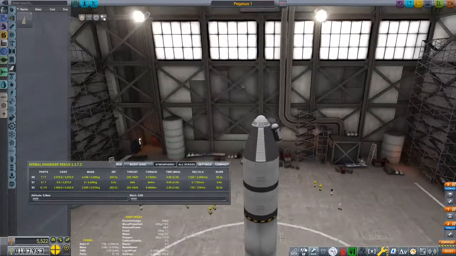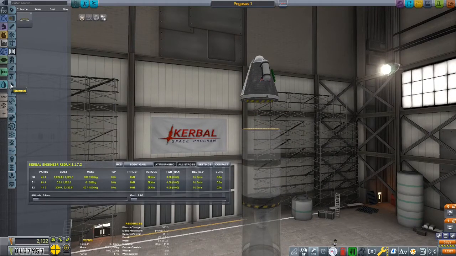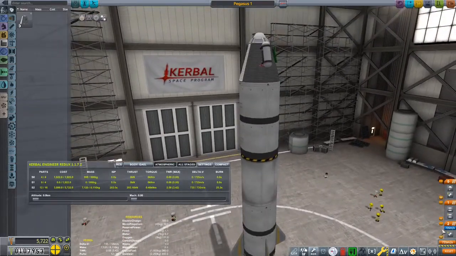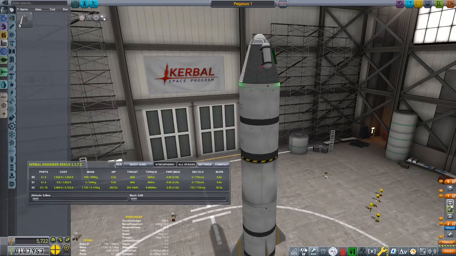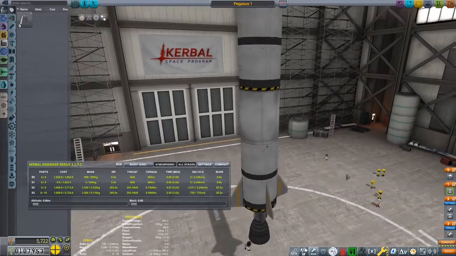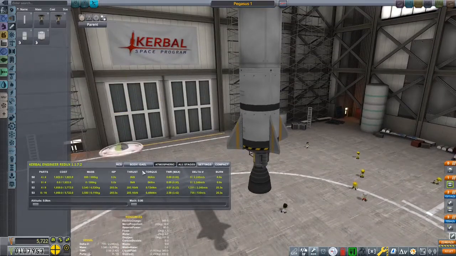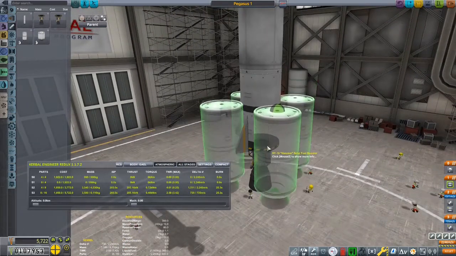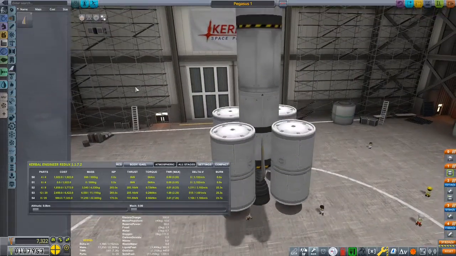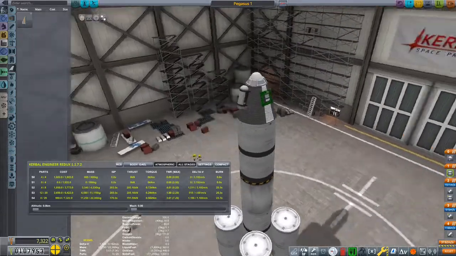Four fins. Oh, I forgot something. Decoupler here. Do we have heat shields? No, we don't. Oh, the staging's messed up. Right. Now this should get us a fair bit higher. We don't have aerodynamics. Now this thing will almost get us up into orbit, so